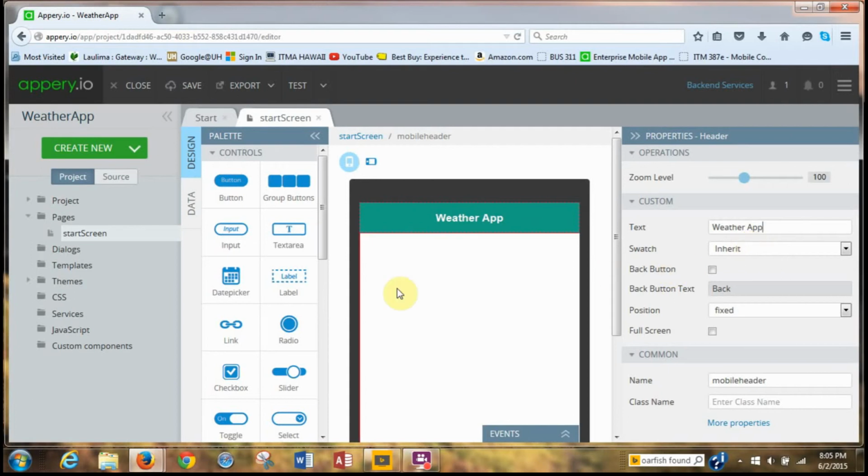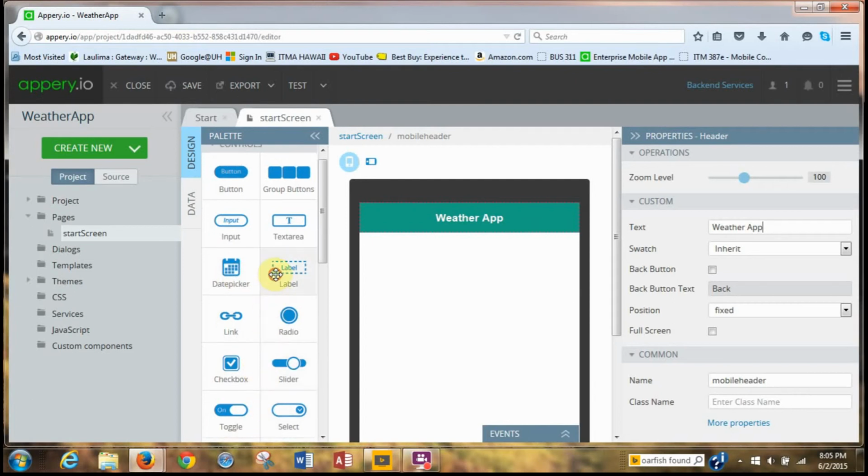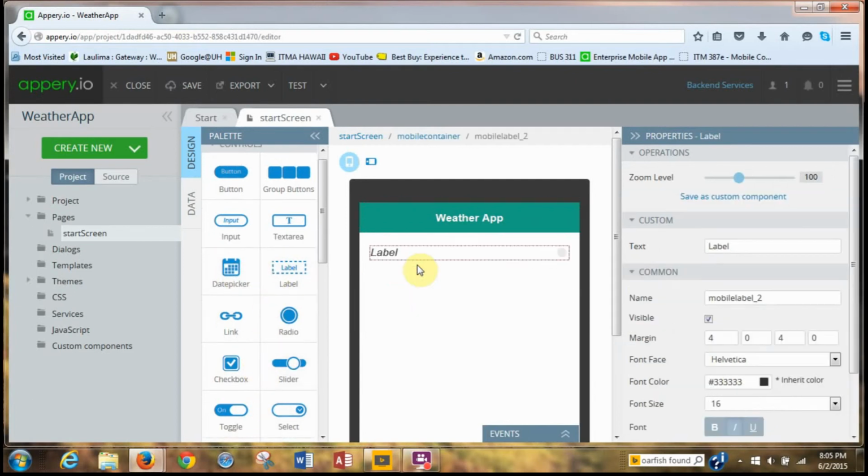Okay, and then what we need to do is go over to the palette on the left side and drag and drop a label component. So let's locate a label component right here, and we'll just drop it in the front on the top. And then we go over here to change the label text to zip code,